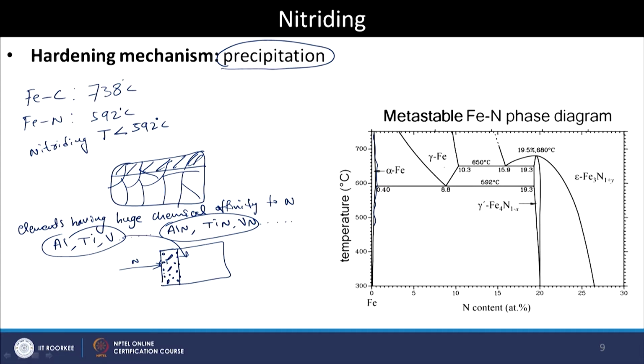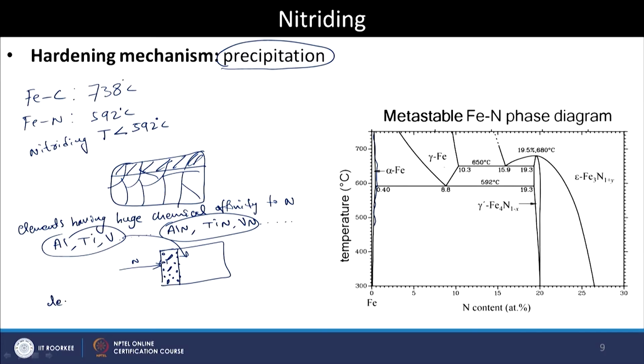That means it will remain as a ferritic. In the ferrite matrix you are able to produce these nano sized nitrides, and that will lead to the enhancement in the property. So, in this case after the nitriding you do not need to quench the sample, because we are not going to produce martensite, it is only ferrite. So, that means you can cool slowly. So, there will be less or no dimensional changes